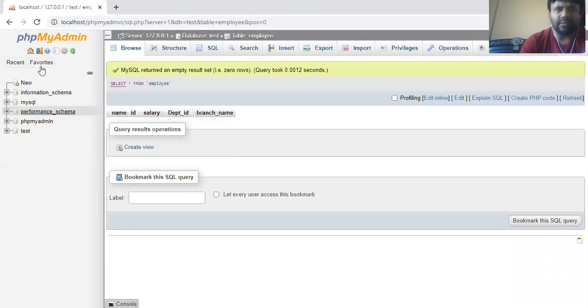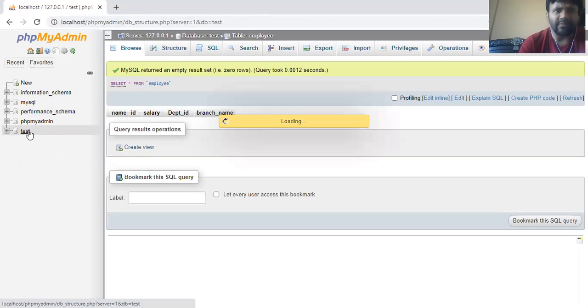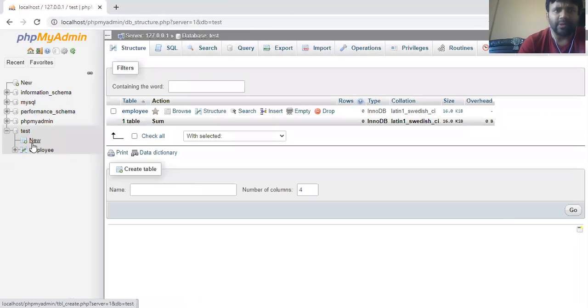This is PHP MyAdmin. You just have to type localhost slash phpmyadmin and index dot, and the page will open. Now here we have this test database, and in the test database, when we explore it, we have this employee table, and when we expand employee, we have columns.